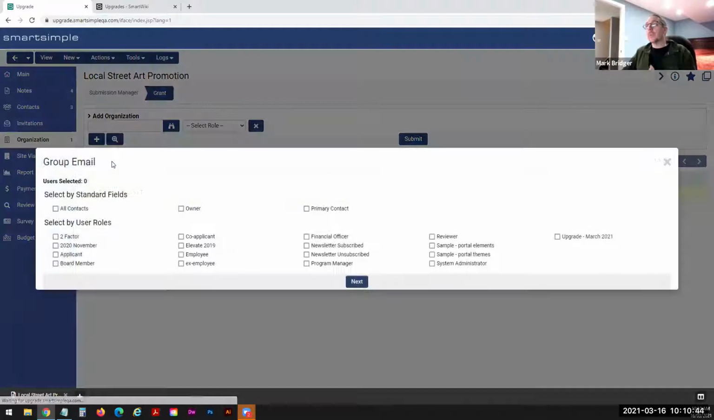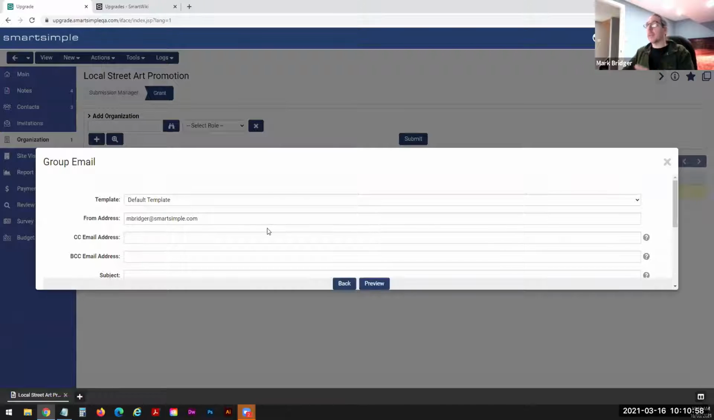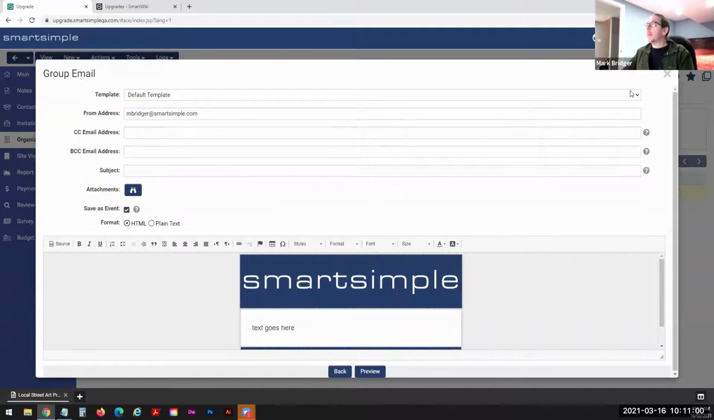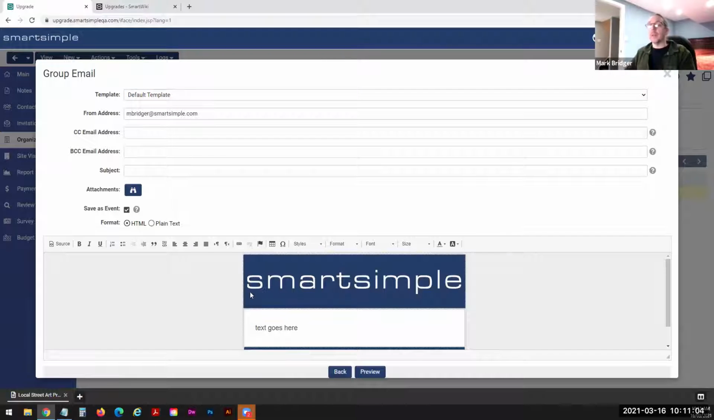So what I mean by that is I can pick, let's say, all the people that are employees of that organization, or maybe they're all applicants or something similar to that. And I can select them and say, okay, next I want to send them an email. And then from here, I can pick the template that I want to use, and I can generate my email, and it'll send that out to all those people in the associated organization, even if they're not attached to that